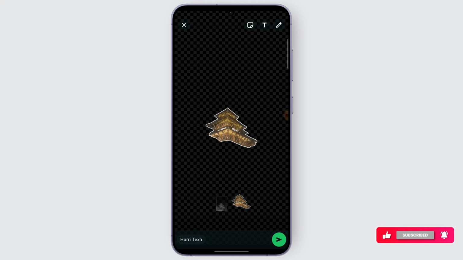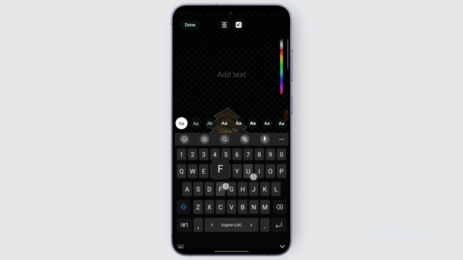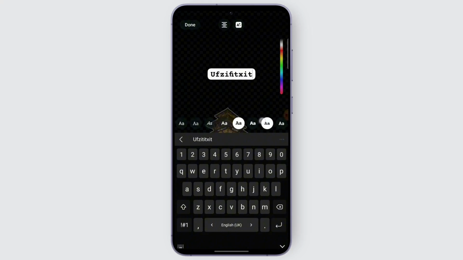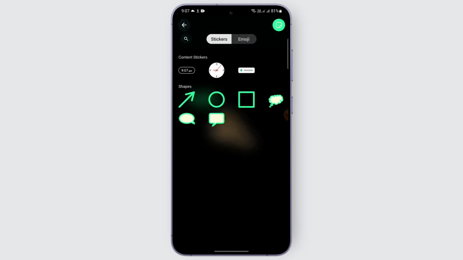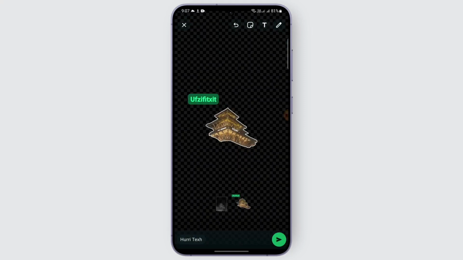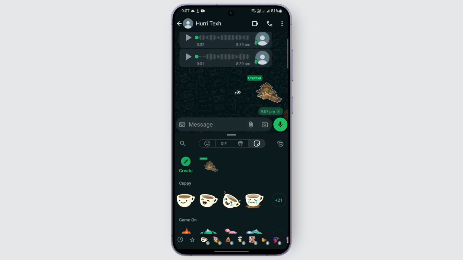So you may just add text if you want. Just add any of the text and customize it accordingly as well. You may just change the font size or the color of the text as well. After that, just add it onto your sticker. Let's just do that for now, and you may also add another emoji or stickers as well, but for now I'm just gonna do this, and you will just tap on next, and just like that you have created your